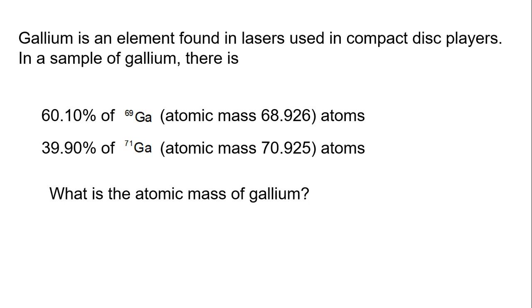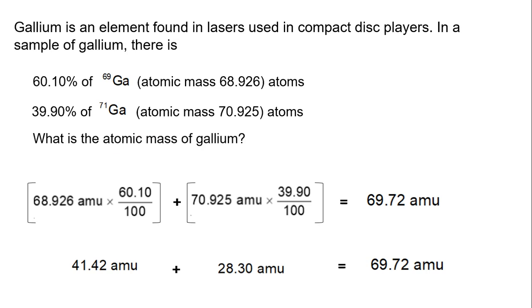Gallium is an element found in lasers used in compact disc players, CD players. Here is a sample. We have 60% of gallium-69 and 39.90% of gallium-71. We want to know what the weighted atomic mass is. So we're going to plug this in the way that we had. You take the mass of the first one, take the mass of the second one, take this one out of percentage, divide it by 100, take this one out of percentage, divide it by 100. Then you multiply this one together, multiply this one together, add them together, and it will give you the weighted